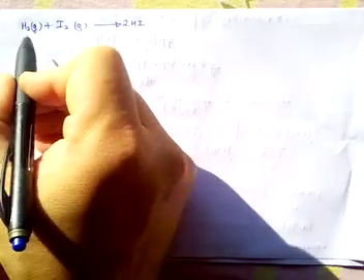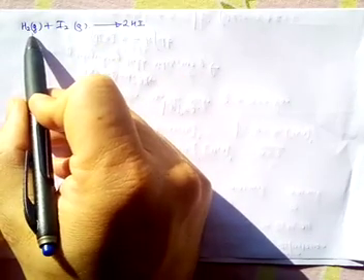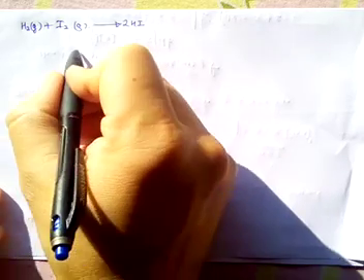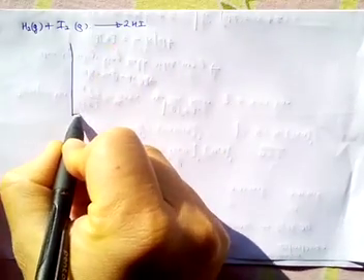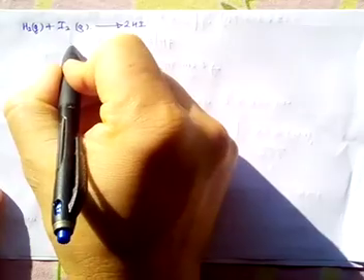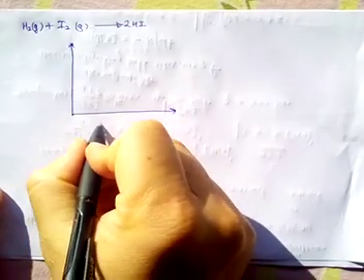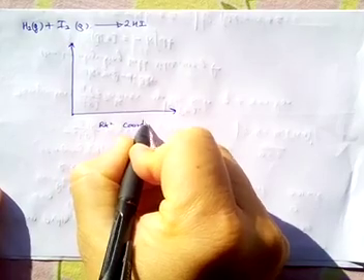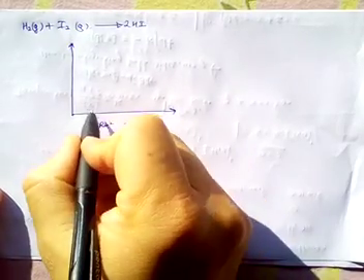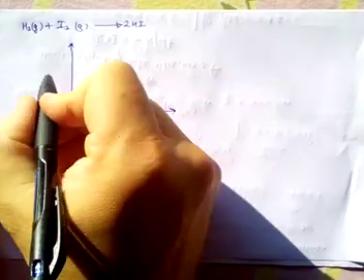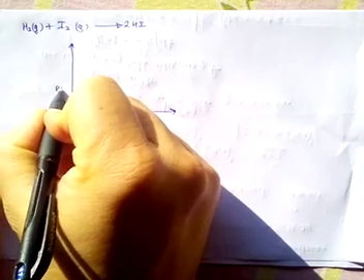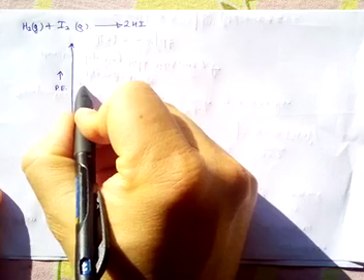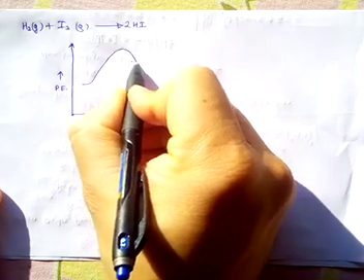Now looking at this equation, H2 plus I2 gives 2 HI. If you plot the reaction progress of this reaction, this axis is called the reaction coordinate, that means the reaction progress, and here we write the potential energy. Now if you plot the graph, it is an exothermic reaction, so the graph will be something